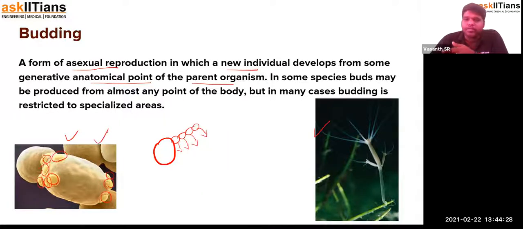So this is one particular point, and in any particular point it would be Hydra, at that specific region. Now, what happens here? The newly formed organism will be leaving the parent, so the parent will still be existing. That's the difference between budding and binary fission. In binary fission, the parent or mother cell will be divided